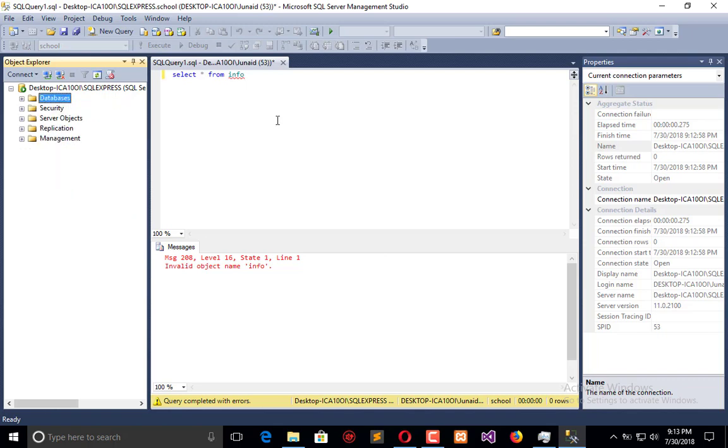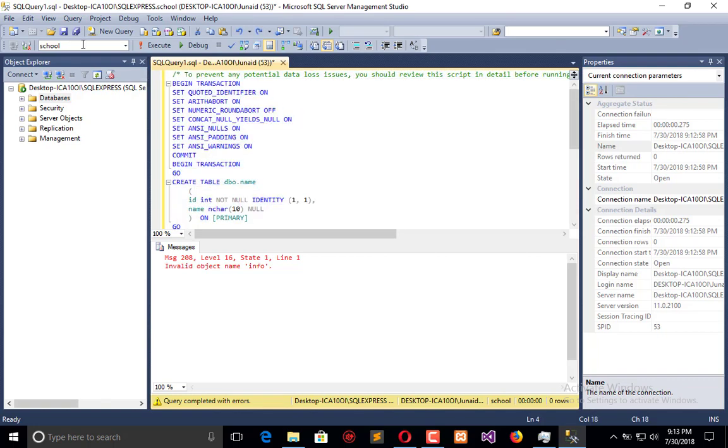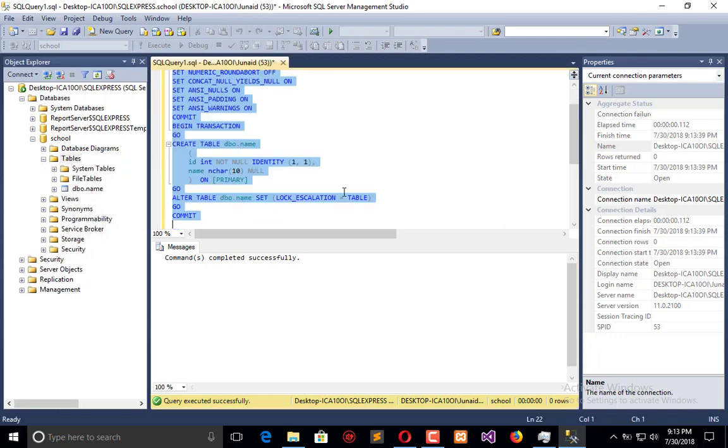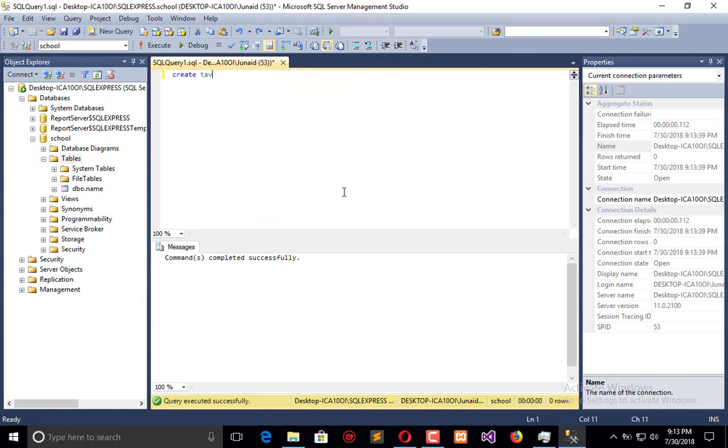Now we have to create the tables again. Here is this, I have selected school, execute, and now view in the school we have a table dbo.name, and now create table info, id int, name or simply city as